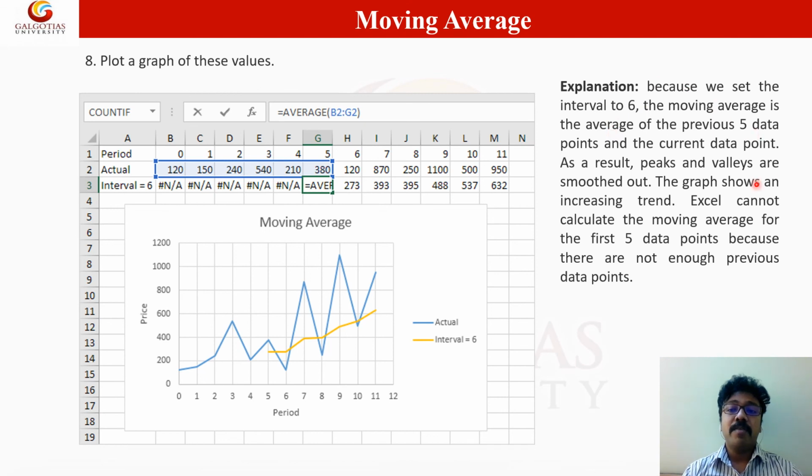The moving average is the average of the previous 5 data points and the current point. As a result, you can see the peaks and valleys are smoothed, and the graph shows an increasing trend. Excel cannot calculate the moving average for the first 5 points because there is not enough previous data. That's why it's not calculating for the first 5 points here.